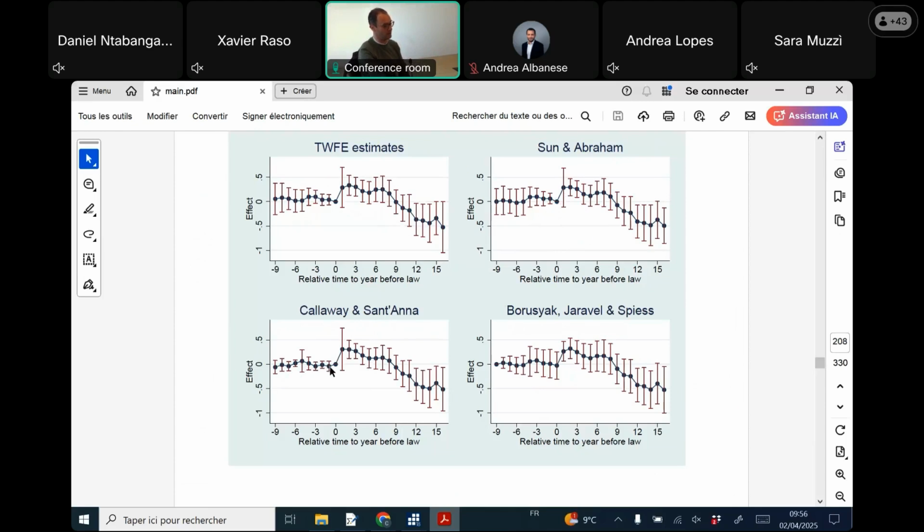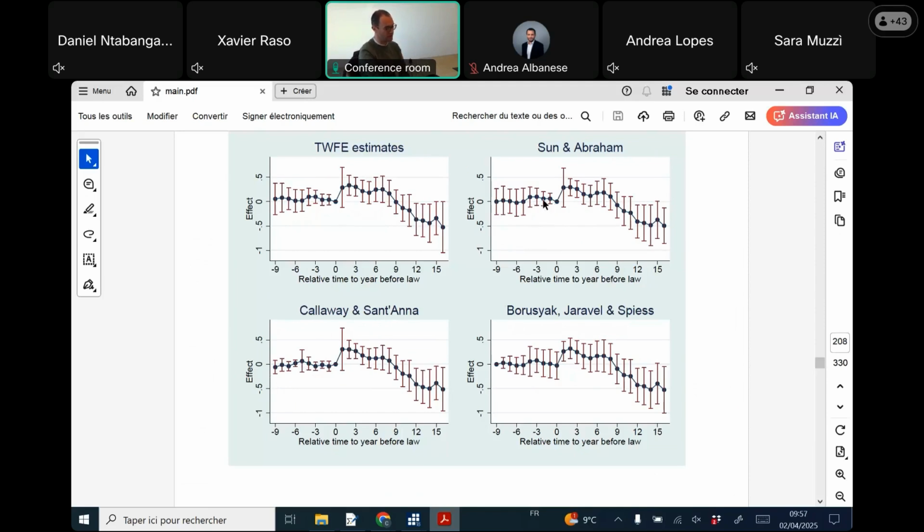And in particular, it would seem like the confidence intervals for the pre-trend estimators are much tighter than with two-way fixed effect and Sun and Abraham. This is just an artifact coming from the fact that the Callaway and Sant'Anna pre-trend estimators are first difference pre-trend estimators. So those ones here, they're comparing